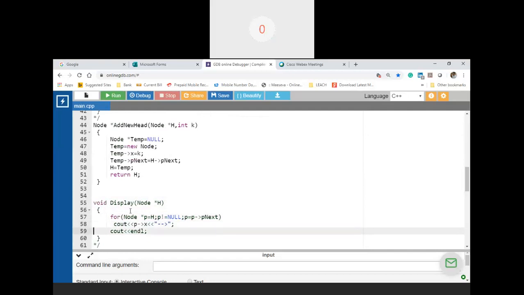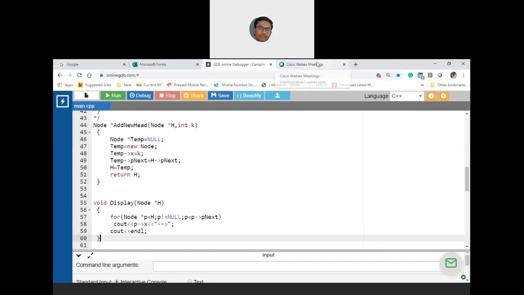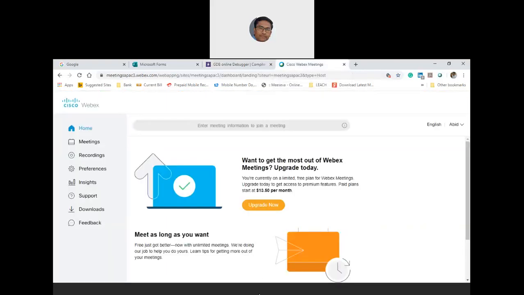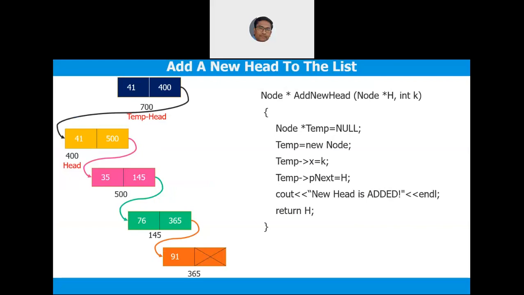So I'll share this source code post the lecture. Okay, and other things also you can do, like maybe in the next class we will tackle how to insert at a specific place. For example, I want to add a node after the second node. Okay, so that is my requirement. Next is I want to add a node after a specific value, not after a specific place, after a specific node with a specific value. Next, I want to add a node just before the tail node. Just before the tail node.